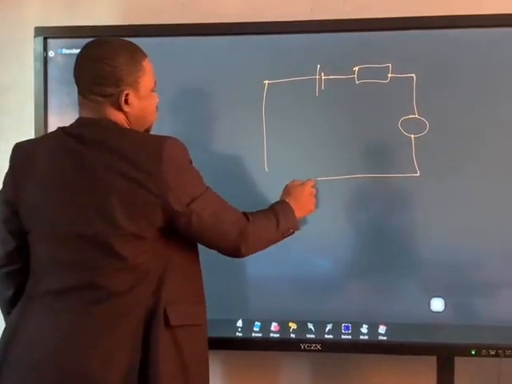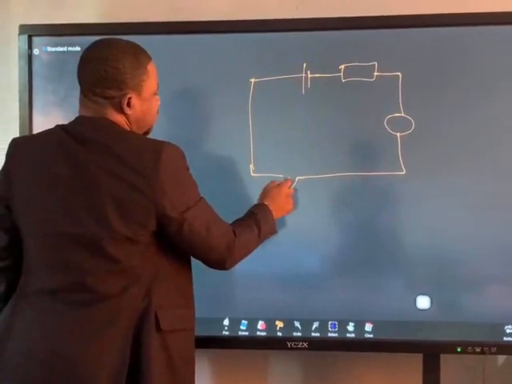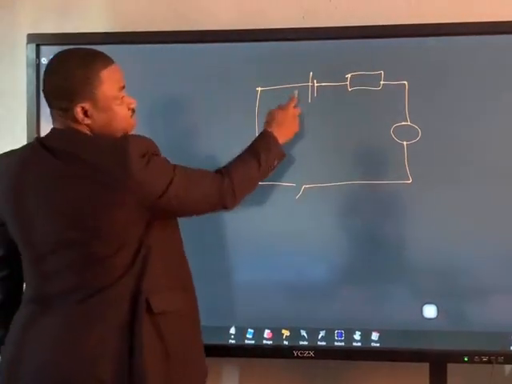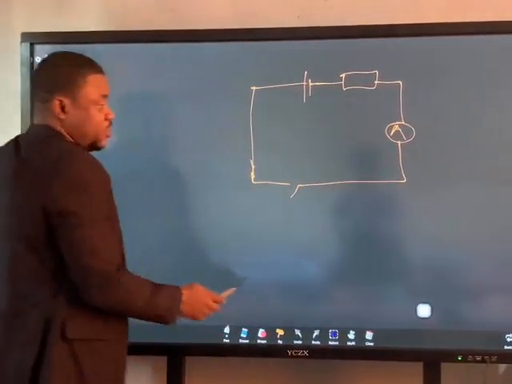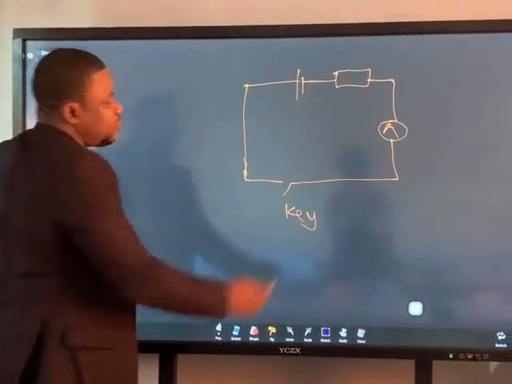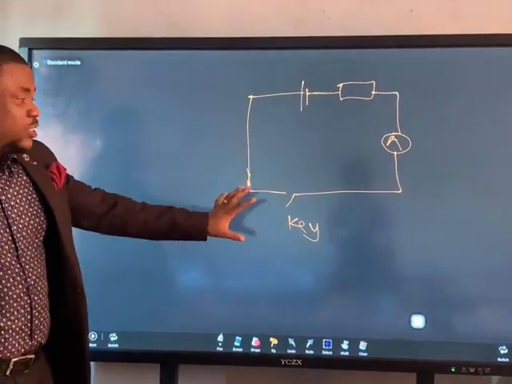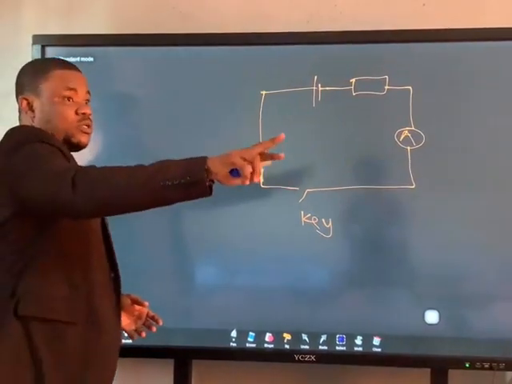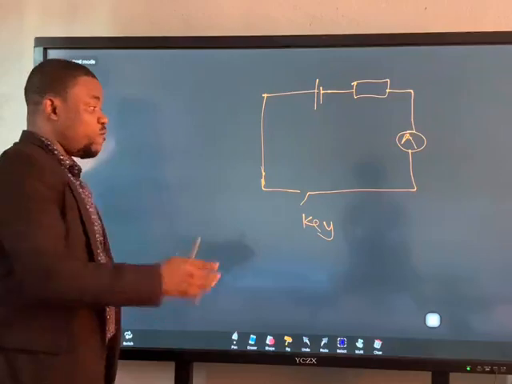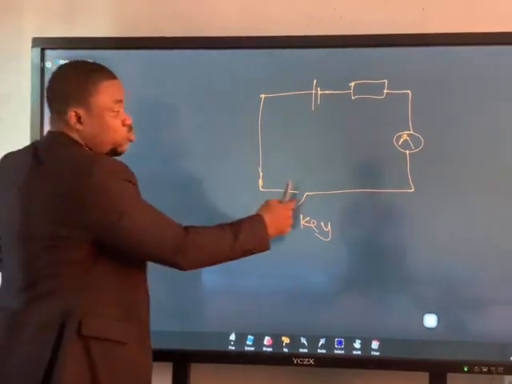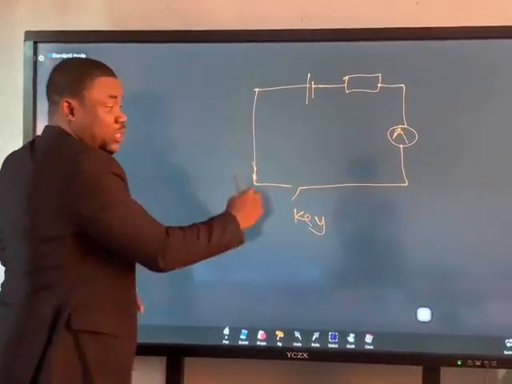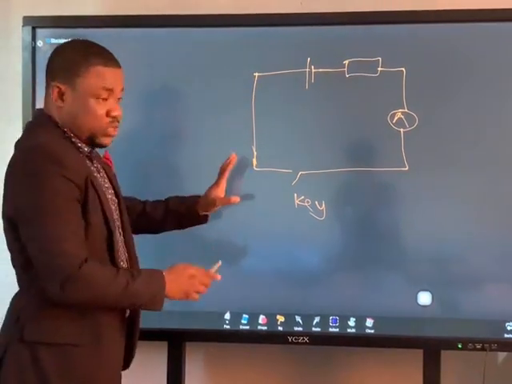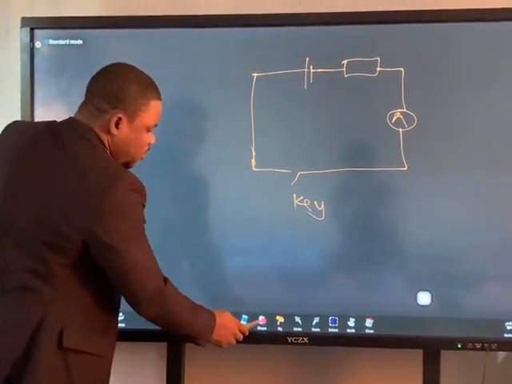Just don't mind what I'm doing for now. This is my resistor, this is the cell, let's say this is the ammeter, and this is the switch or the key. If it is open, it means that current is not flowing through. For example, if I touch the switch now, the light will go off because I've opened the pathway. Charges cannot jump through space. So this one is open. If I close it, I've completed the circuit. I just want you to understand this. Now, the potential difference